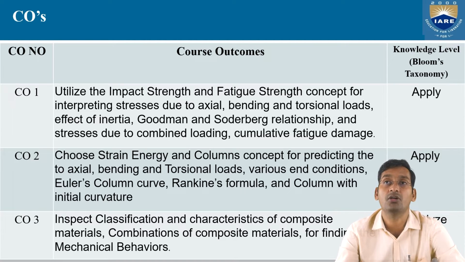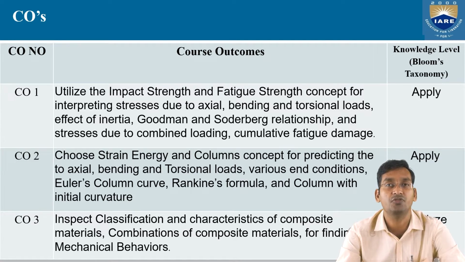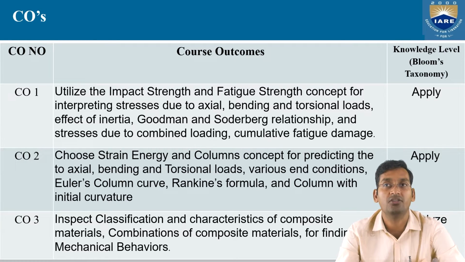That means after how many cycles a part will get cracked or is no longer in use, like fail safe life. Various conditions will be there, like both ends fixed, one fixed and the other hinged, both free. So by the column and strut, they will see this. That means they will learn how to find the force acting on any beam, either when the beam or strut has both ends fixed, one hinged, one fixed and one free, like that with various conditions.